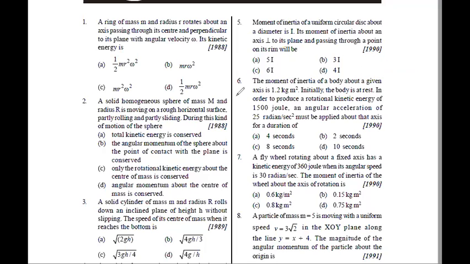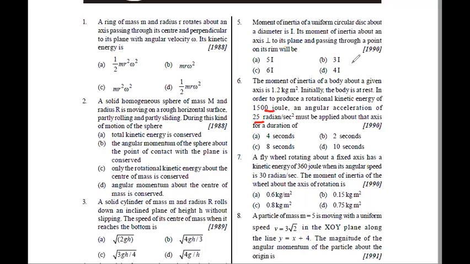Now, sixth one. The moment of inertia of a body about a given axis is 1.2 kg meter square. Okay. Initially, the body is at rest. In order to produce the rotational energy of this joule, the angular, again, it is formula putting, right? Yes or no? Formula putting. Now, the angular acceleration